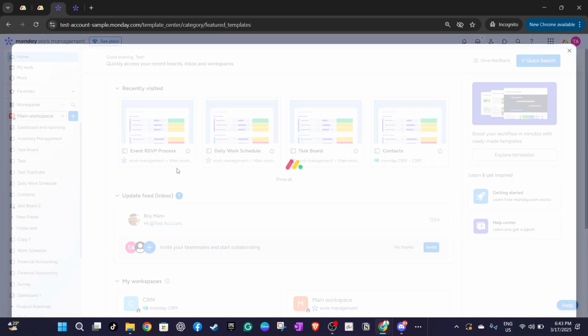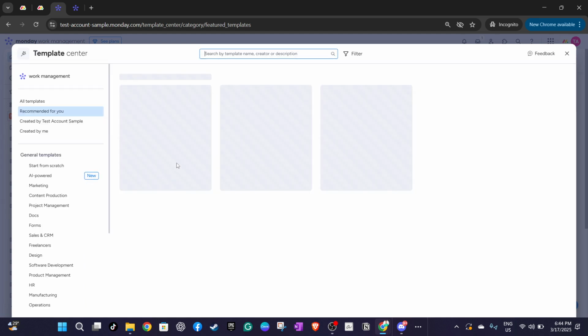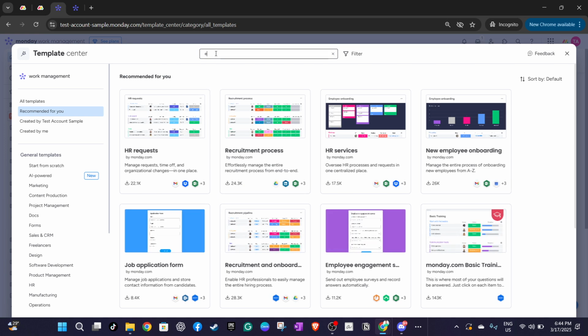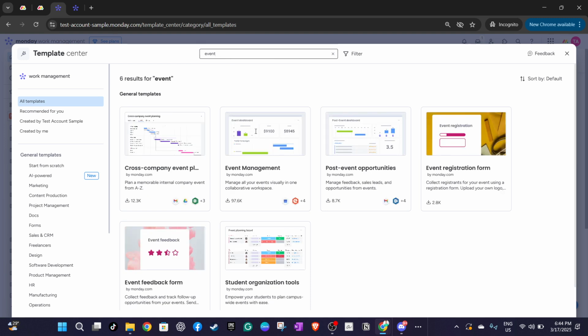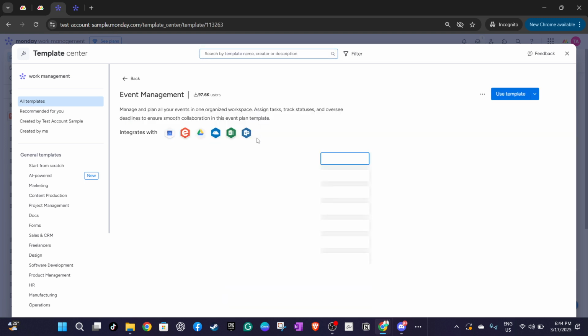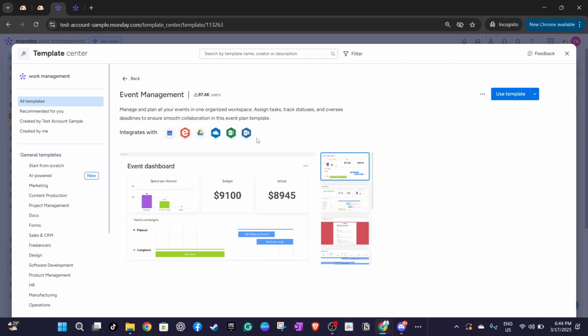This action will prompt additional settings where you can start with a template, a handy feature that saves you time and provides a structured framework right from the start. Next, click on Start with Template. This option is a great time saver, especially when organizing events, because it offers preset structures that you can customize later. By having this base, you're not starting from scratch, and it allows you to focus more on the specifics